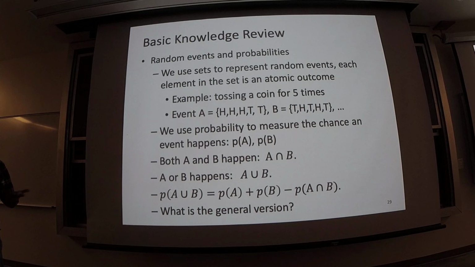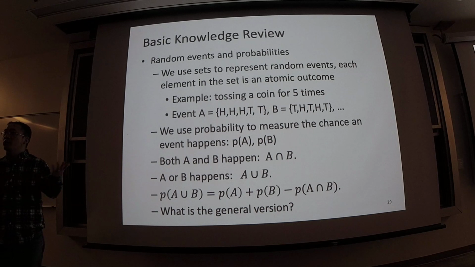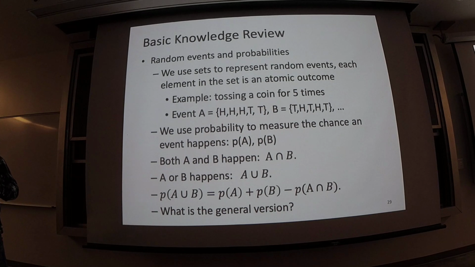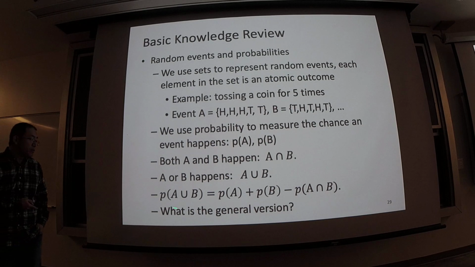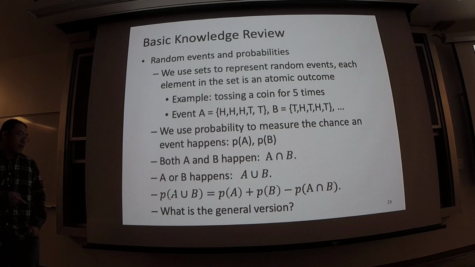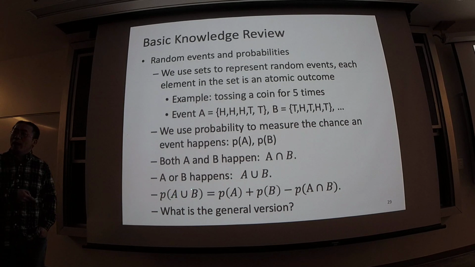So we have a general version of this formula. I'm pretty sure this general formula appears in every statistics book. Suppose we have n events, an arbitrary finite number of events, A1, A2, A3, say An. So how can we compute the probability that A1 happens or A2 happens until An happens? That's the probability of the union of all A1, A2 to An. So it's a long formula, but it